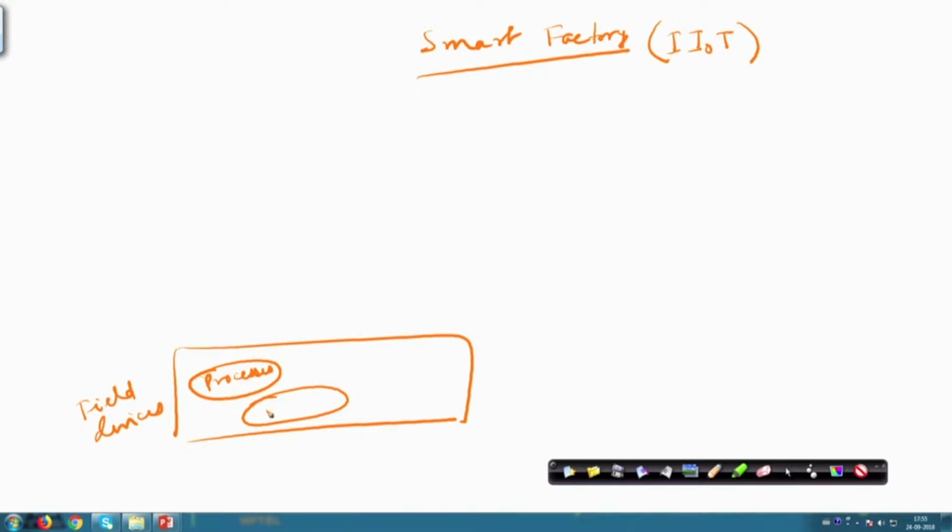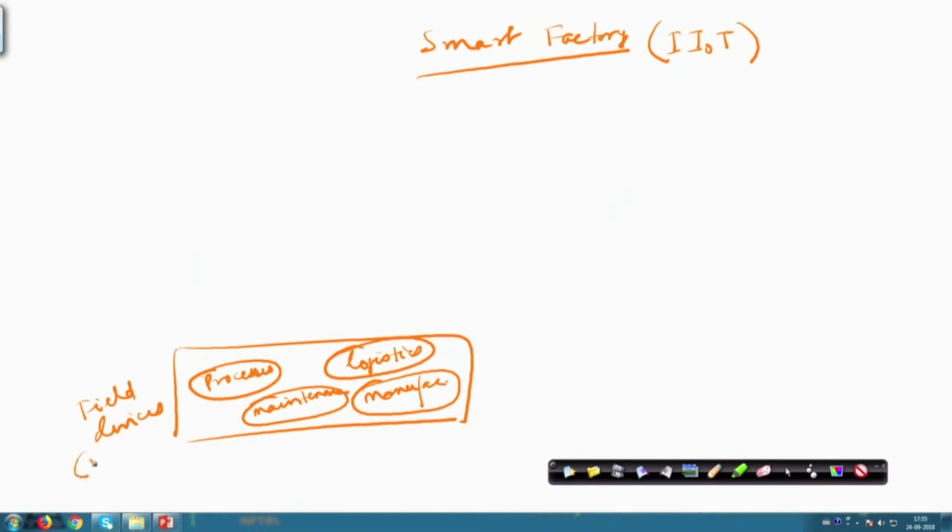Different other things can be done, such as the maintenance of these devices, of the system, of the processes, logistics and manufacturing. In other words, you could have field devices improve the processes, improve the maintenance, improve logistics, improve manufacturing holistically. So, these are the different things that can be done with the help of these sensor enabled field devices.